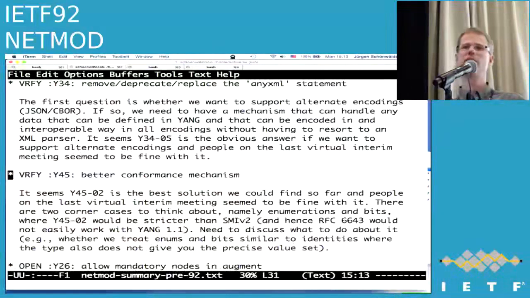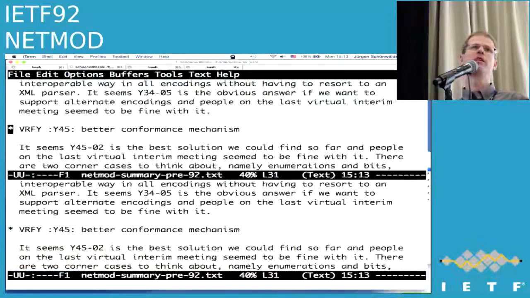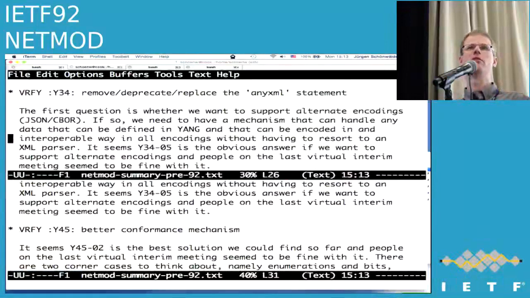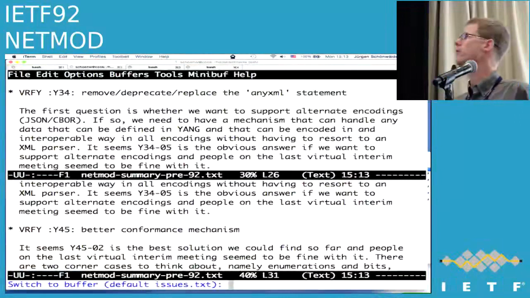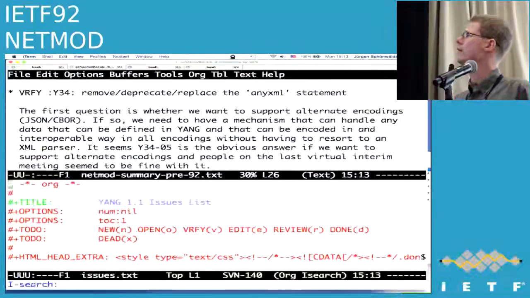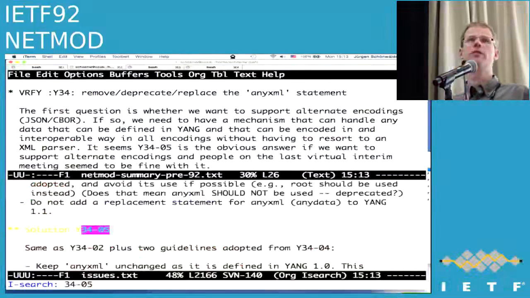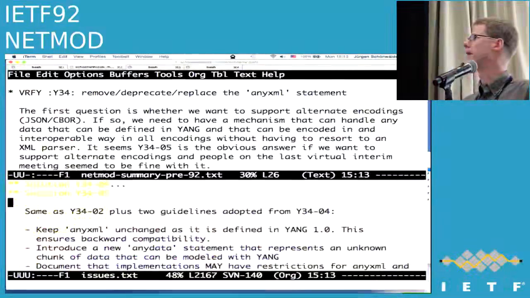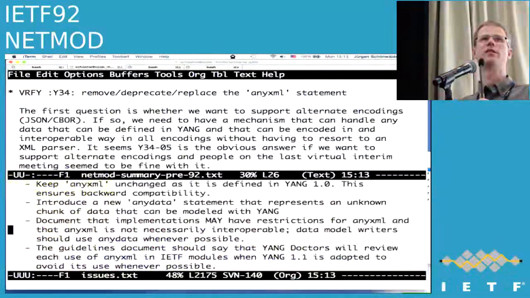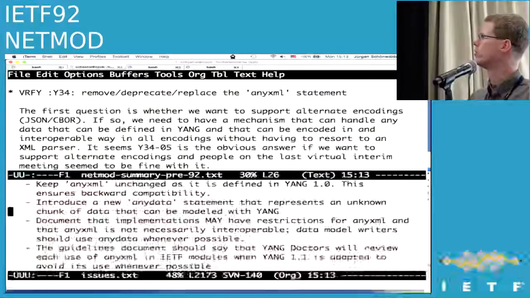The problem with NXML is that it really just works for the XML encoding, but now we're seeing that RESTCONF, for example, is using JSON, and there might be other protocols that want to use some other encoding like CBOR, and NXML doesn't really work in those cases. So the proposed solution is